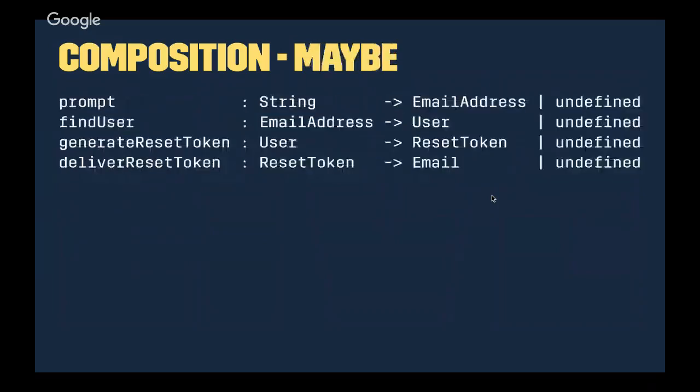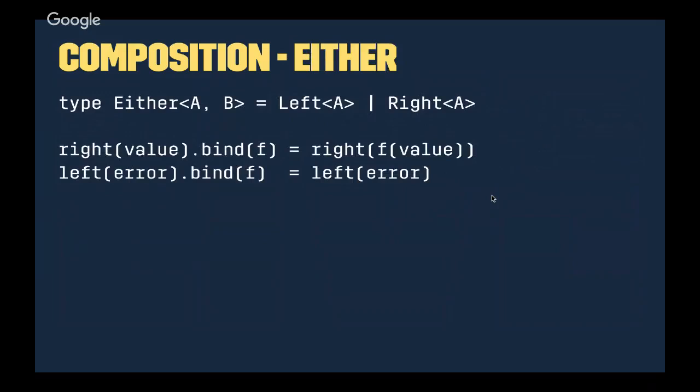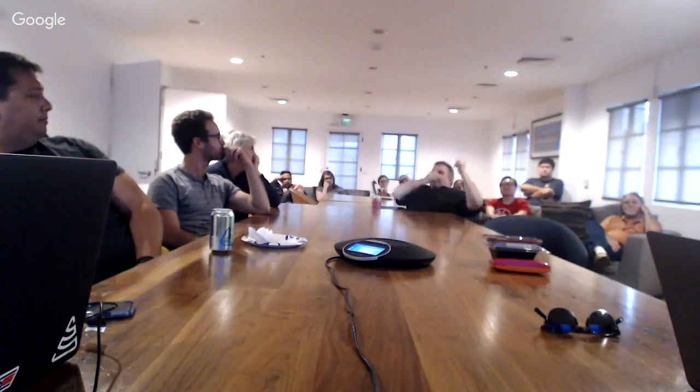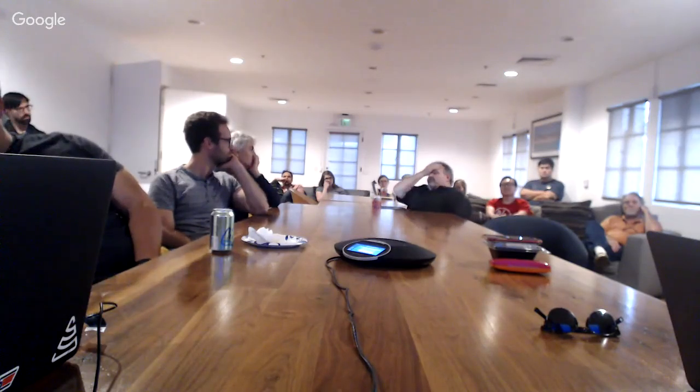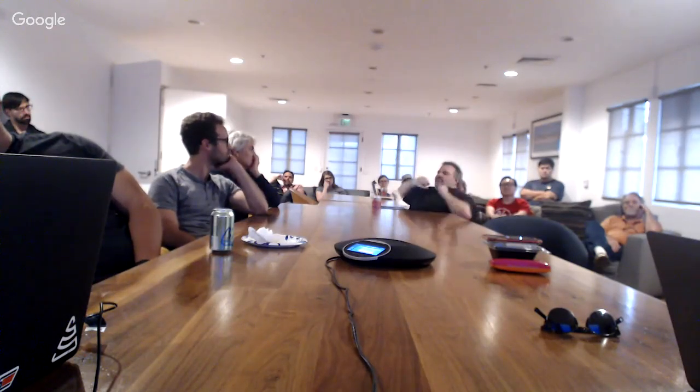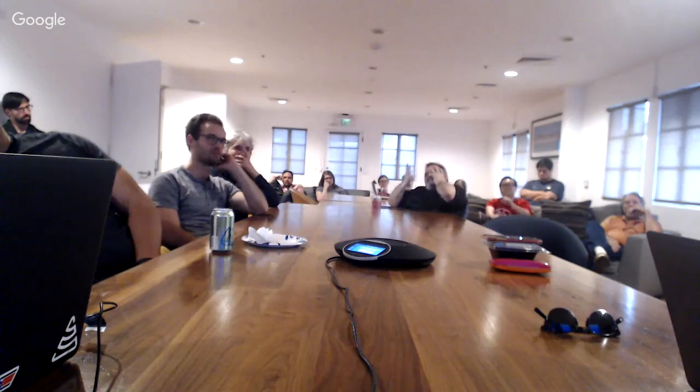Yeah. The crucial thing is the shape. So the shape of chain is that it takes an A and it gives you an either. It takes a thing and then gives you an either. So it's like a fancy function. It's not just taking an A to a B. It's taking an A to an either something B. Like it's a fancy function, I guess.